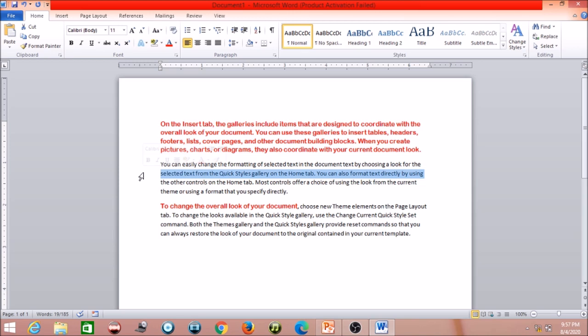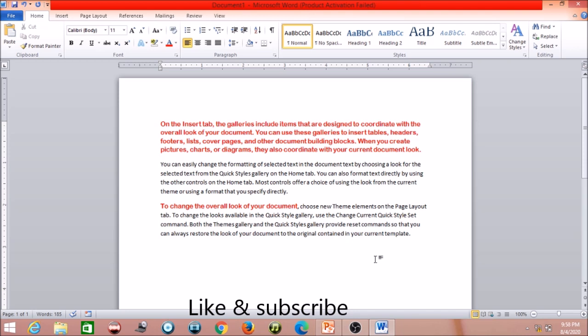And if you want to select a particular word, then double click on that word. For example, if I want to select this, I just double click on that word and it is automatically selected. And if you want to select a line, just press Ctrl and click anywhere on the line. So I am pressing Ctrl and clicking anywhere on the line, and it will select the line or paragraph like this. So this is the process of selecting with the mouse.